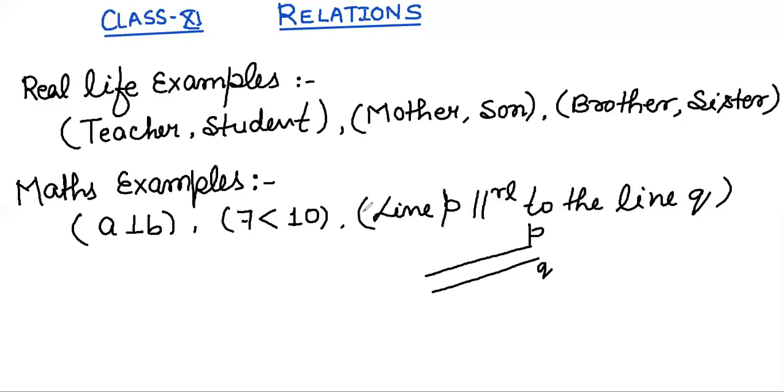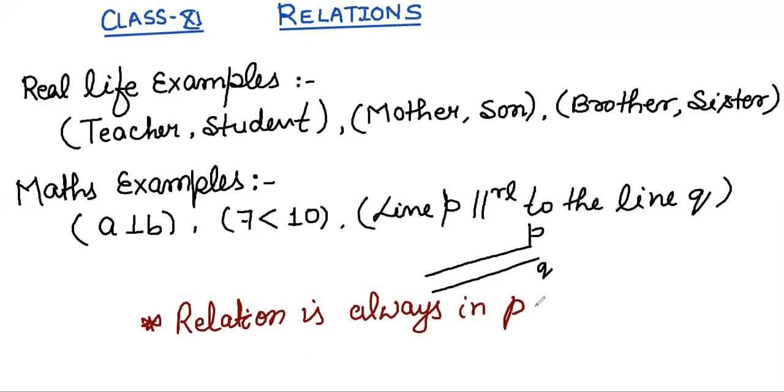In general word we can say, one thing you have to understand that always in relations, relation is always in pairs. Always we have to take two objects. Okay, in pairs always it will be. So we can note it down that relation is always in pairs. So this pattern we will use in mathematical way so that we can find out relation value by using Cartesian product of two sets.